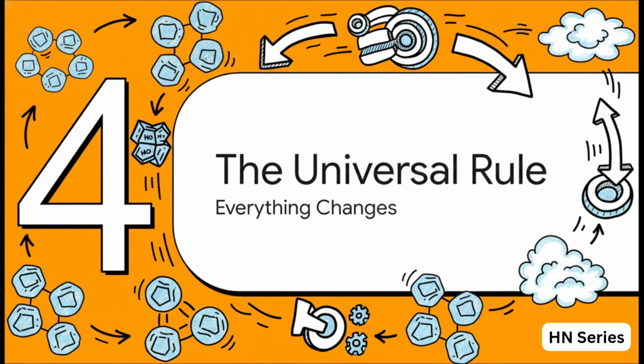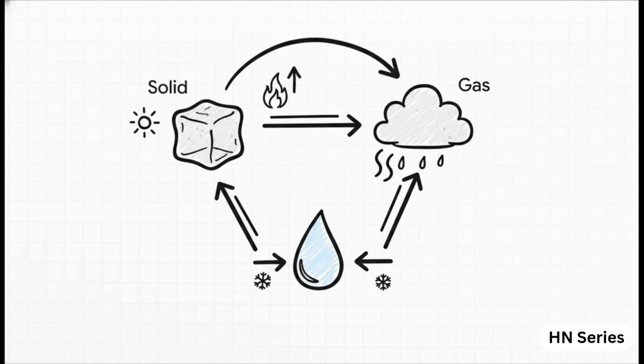Wow, we've been on quite an adventure with our little water molecule. So now let's zoom out and look at the big picture, the one universal rule that this entire journey really teaches us. So when you put it all together, we've seen these 5 key processes. We have melting and its opposite freezing. We have vaporization and its opposite condensation. And then we have that special shortcut, sublimation.